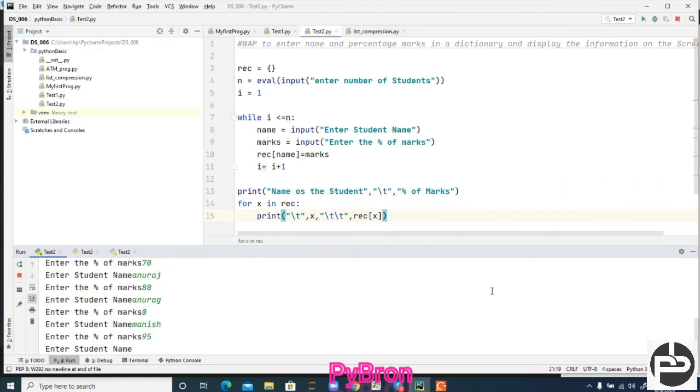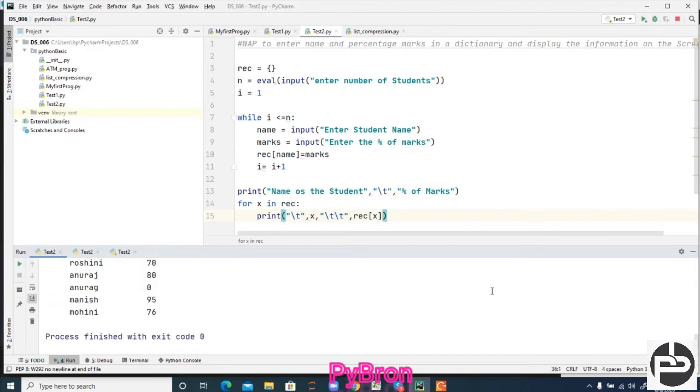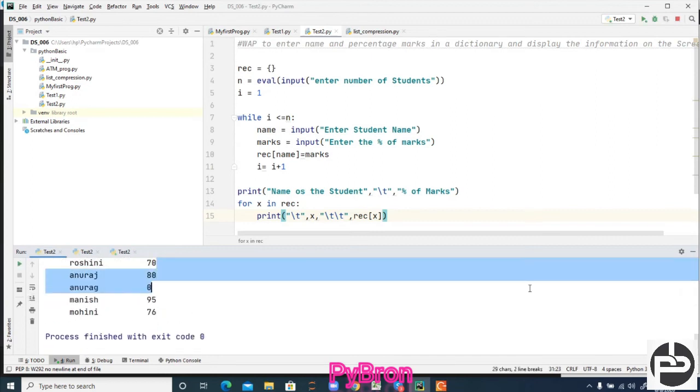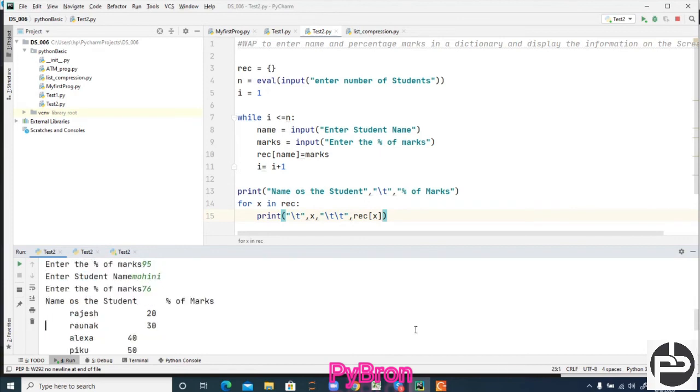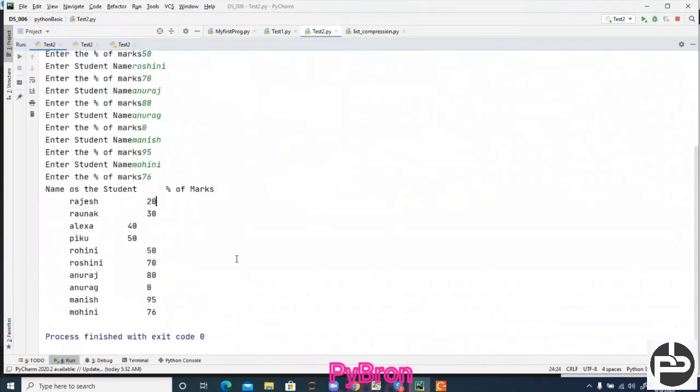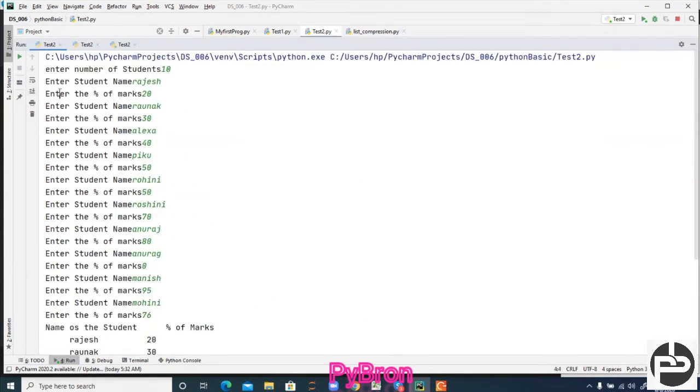Yes, again it is asking the number of students, the name of the student. So this time I'm passing Mohini, and here I am passing 78.6%. Let it be. You can see how beautiful the output you got, right? Can you see this? Initially here what we did, can you see this line number 15, slash T means tab before. Sorry, I made it maximize.